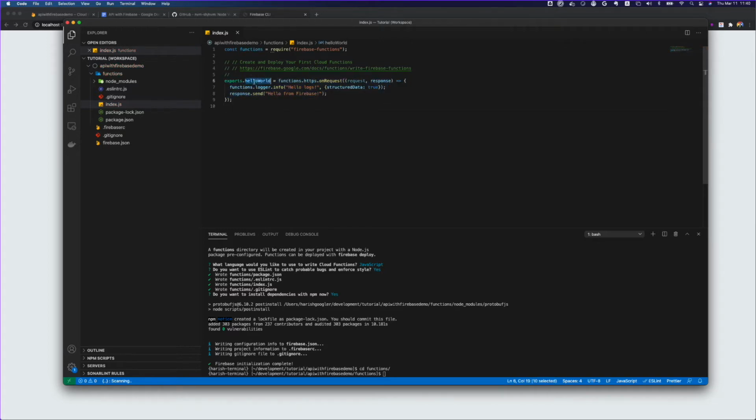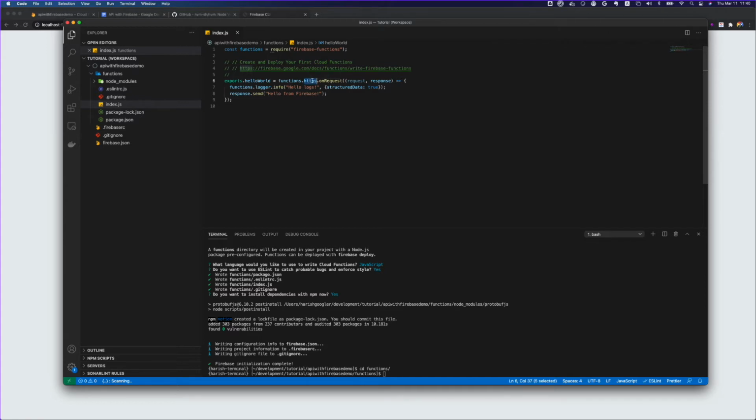So here there is a function, or an export, created named helloWorld. If I just simply run this and deploy it on my project, it will create a function called helloWorld, and it will be an HTTPS based request, which is the kind of API that will be created as a function. So there are various ways you can create a function.